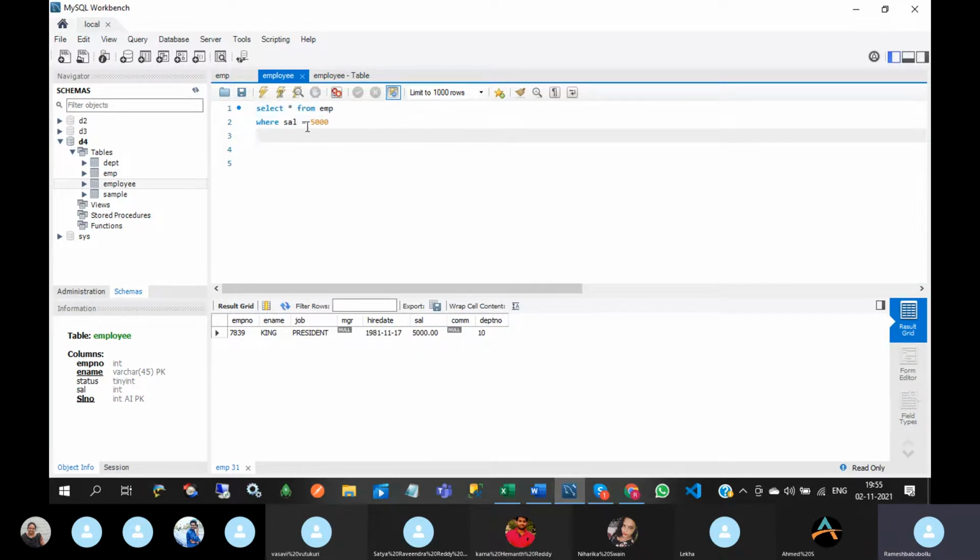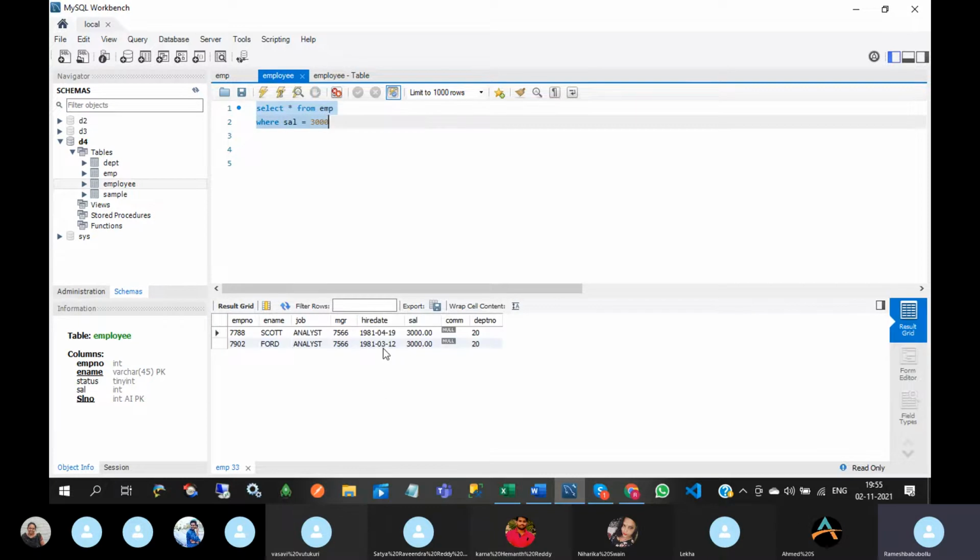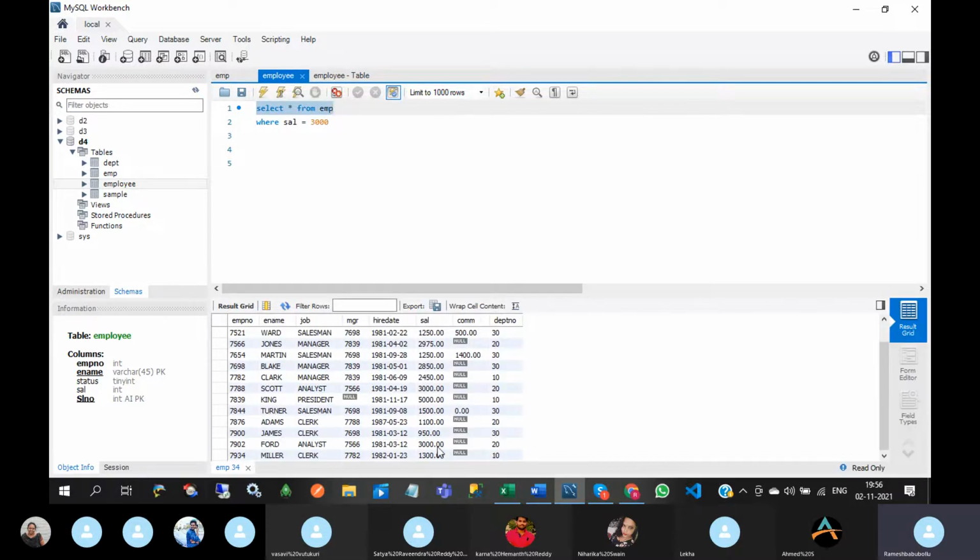Okay. So here I think all of you know the arithmetic operators: equal, greater than, and logical operators: and, or. So this is the equal operator. We can use it to get only a single record. Single record means exact equal. So 5,000. So if you use 3,000 here, then immediately you will get two records for 3,000. Why? Because in the EMP table you are having two records for 3,000. One is here, one is here.